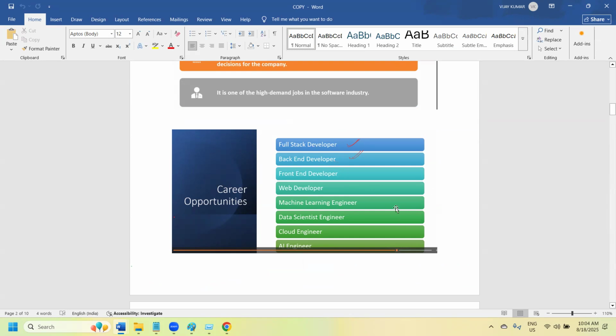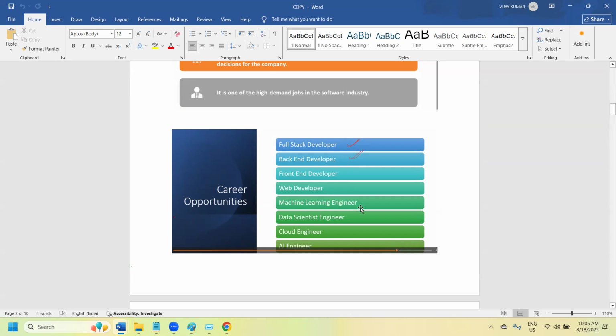If you have good knowledge of Python and learn machine learning, ML, data scientist, cloud engineer, or AI, Python is the source for all of these. They have considered Python as the programming language, and by using Python only they have developed the libraries related to these fields.